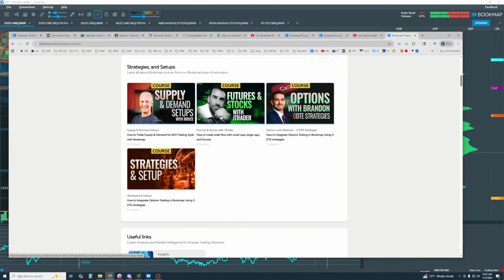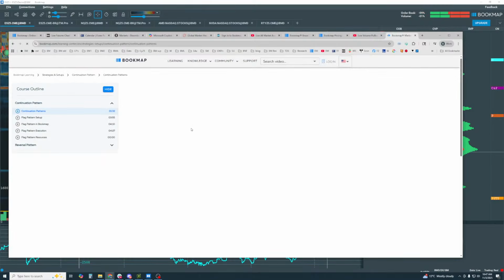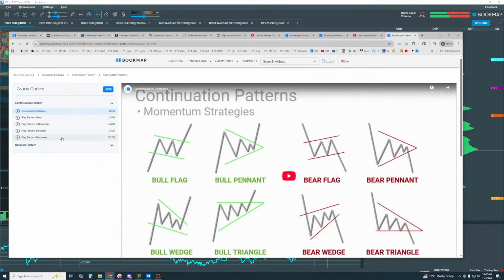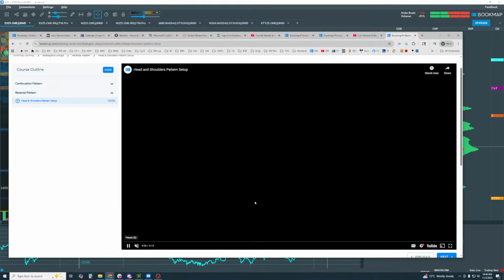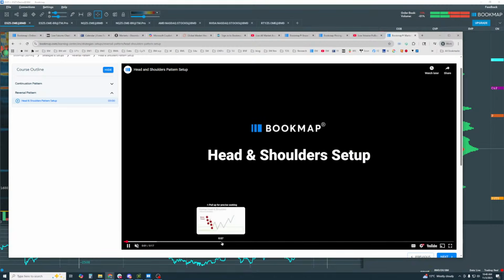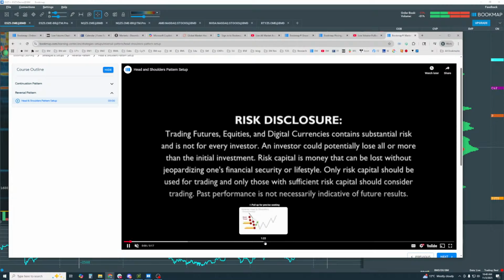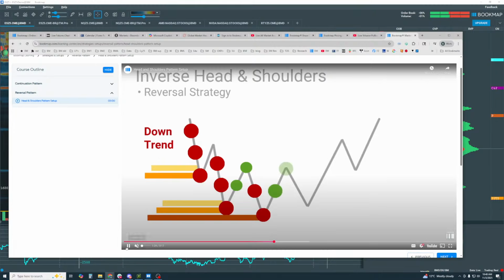I like reviewing some of these things in here. So this is a course that we put together on the Learning Center a while back, and we just have the one here that's showing the inverse head and shoulders in diagram form, but this is the diagram. And get to it here. Yeah, so this is the